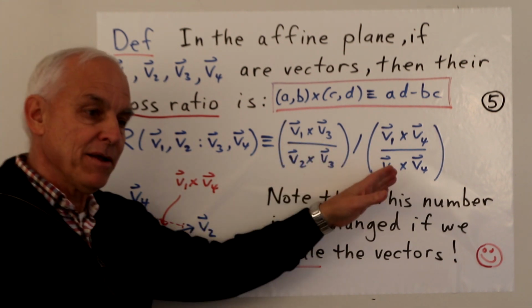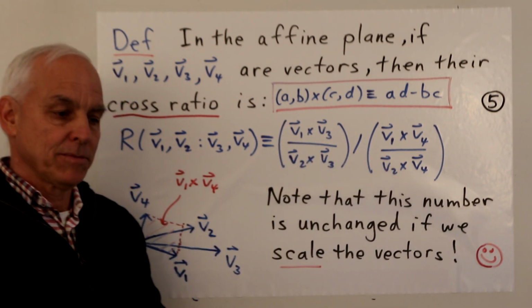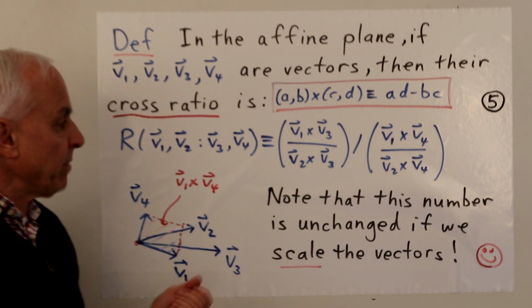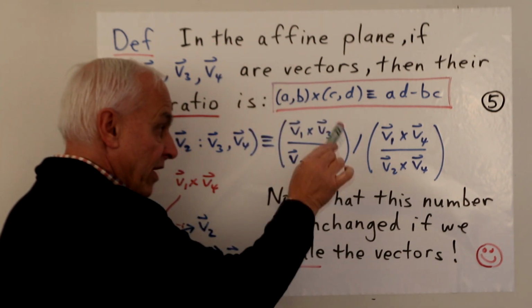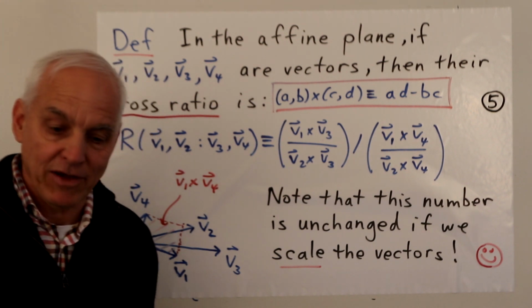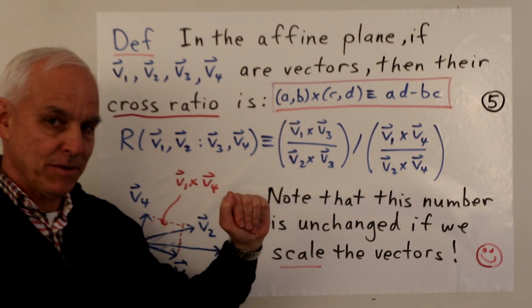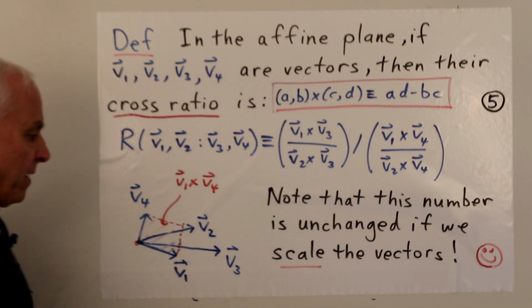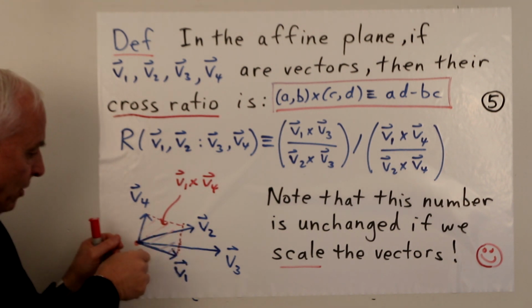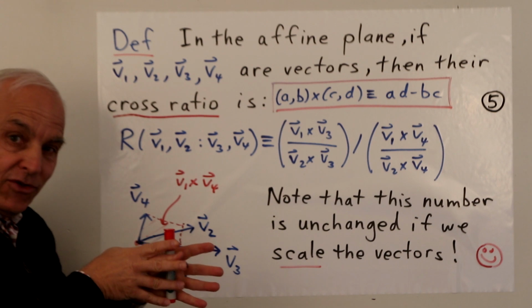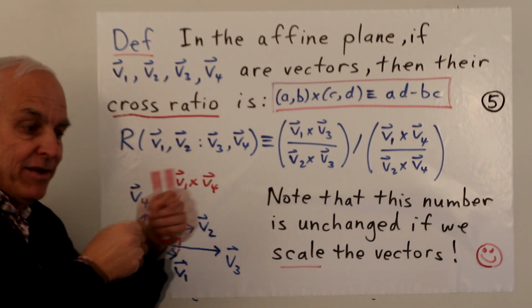Since we're dividing, the 5's cancel. On the other hand, if we multiply, say, V3 by 7, then this numerator gets multiplied by 7, and that denominator gets multiplied by 7, and again, there's cancellation. So the cross ratio of these 4 vectors only depends on their directions and not actually on the sizes of